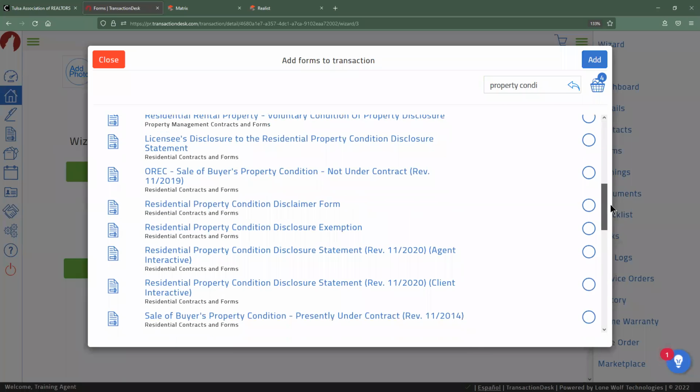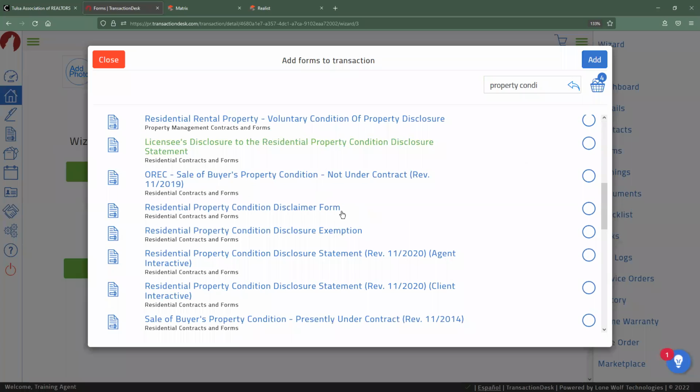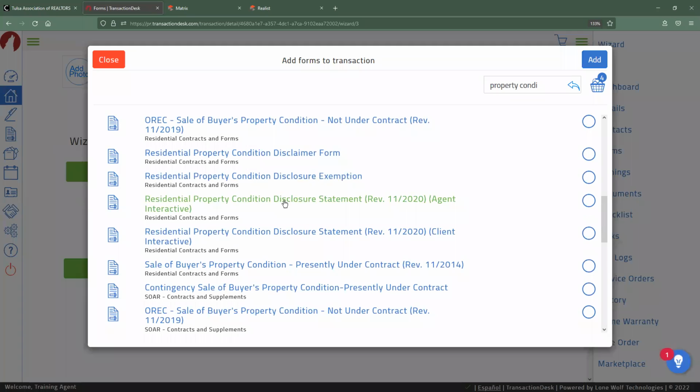Now, I did want to point something out as well about the property condition disclosure. This will be the last thing we mention before we move on, but this is a kind of important thing to keep track of. When you're adding the property condition disclosure forms to your transaction, the agent interactive is indicating that you are going to be the one that has to fill the information out, which isn't always necessarily the best idea. In fact, depending on how you are filling this out, there could be some restrictions involved with that. If you're just copying information over from a printed copy and then digitally signing it, whatever, but that's going to be the option for you to fill in what the condition of the property is.